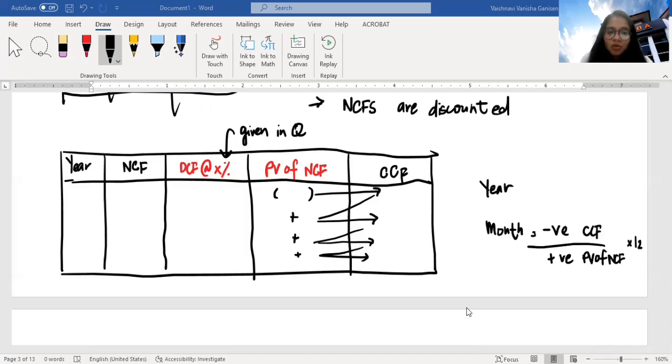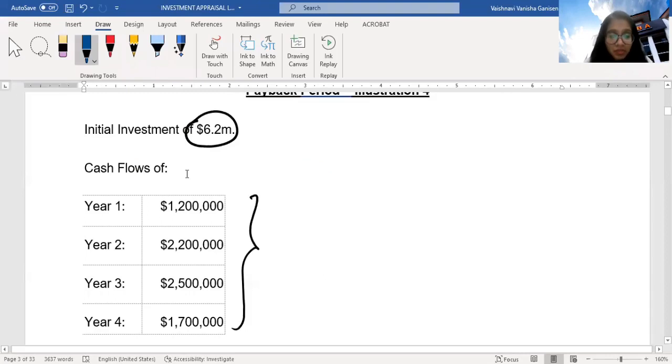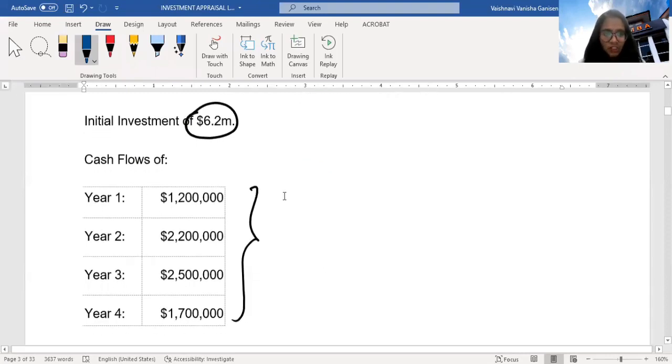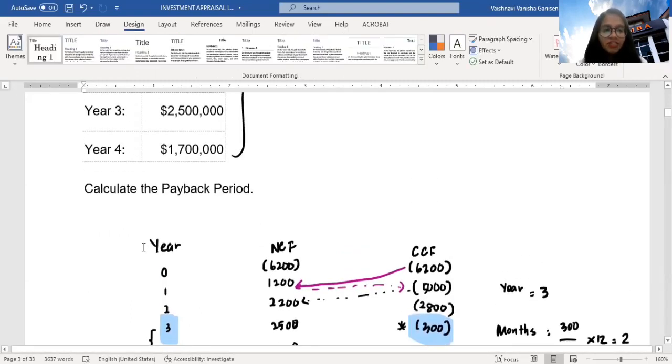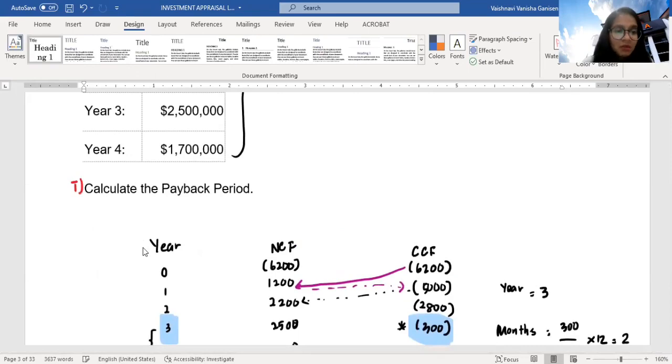Okay, let's go back to the question that we did for the payback period question under your investment appraisal lecture examples. This should be familiar to you. Now, what I want you to do is, can you write for me an alternative? That means this is example number 1. Number 2, calculate